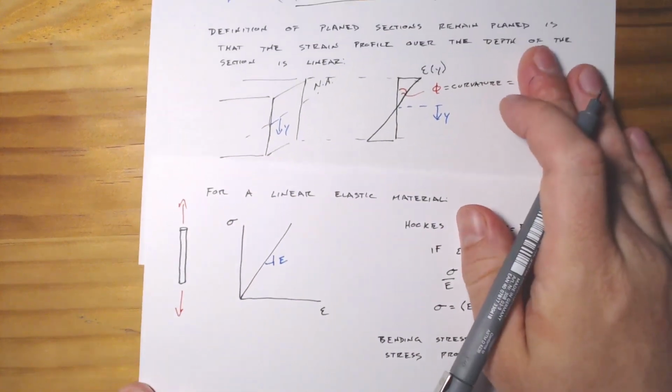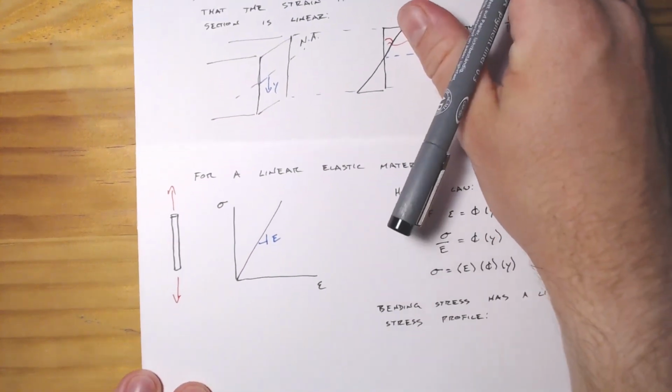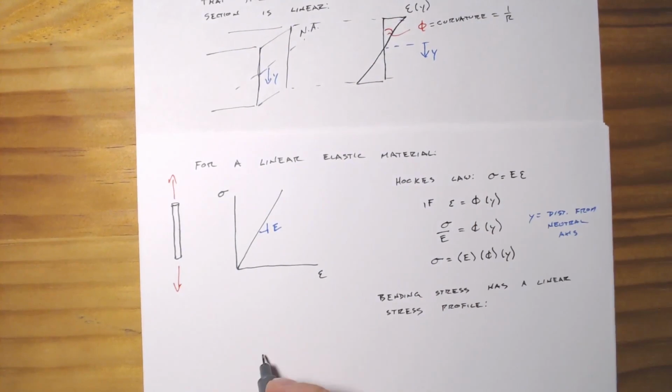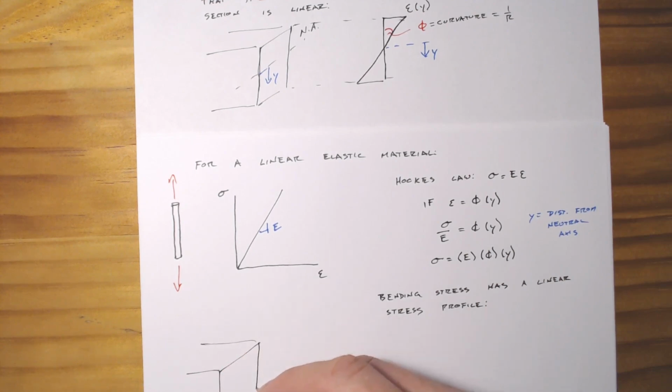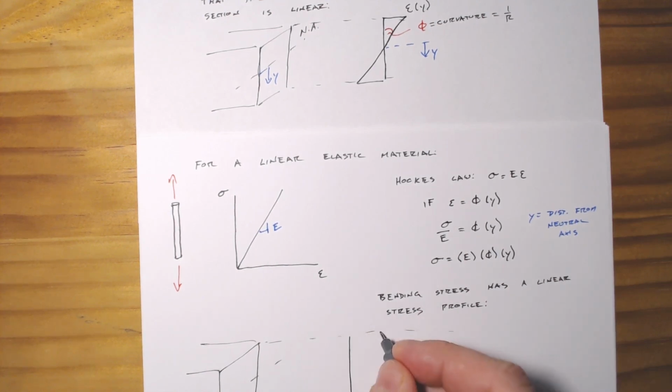So what would that look like? Well, if our strain profile, again, we'll draw our little cross section in here. Draw the neutral axis and draw some lines across. So if our strain profile looks like this,